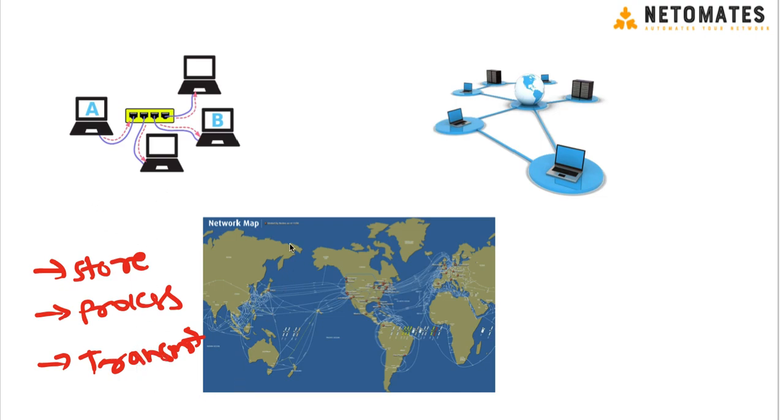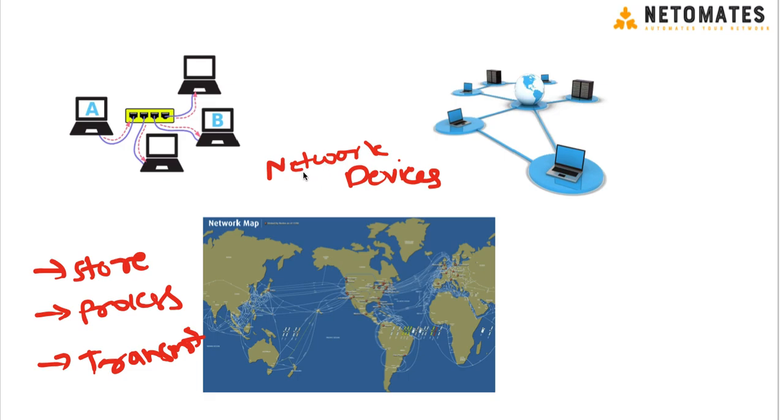So for that, similar to the telephone system, there are cables connected all over the world and there are some devices called network devices. So what is the duty of network devices? Similar to the telephone exchange or post office, when they receive some information from one computer, they forward it towards the